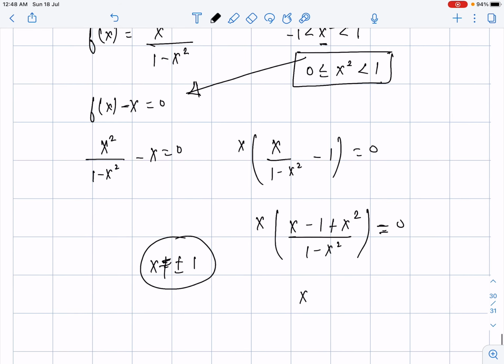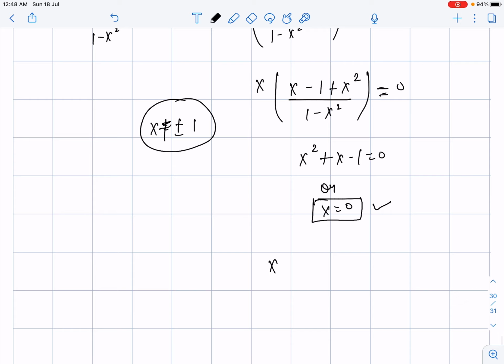Now what do we have? x^2 + x - 1 = 0, or x = 0. So yes, x can be 0, and this is one of our solutions. The other thing is x^2 = 1 minus x. Now guys, let us suppose this is the curve y = x^2, and this is the curve y = 1 minus x. So let's plot their graphs and check the number of points of intersection